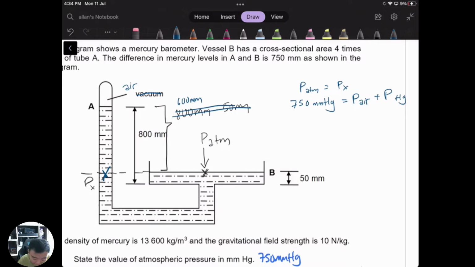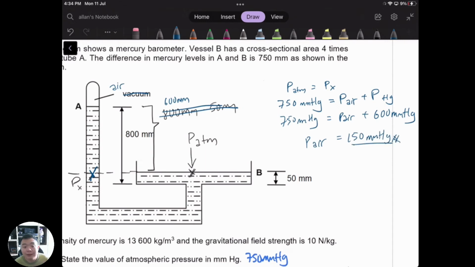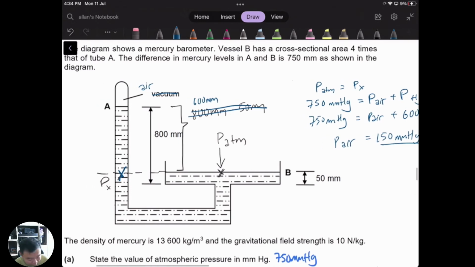All right, and we are given that this pressure of mercury is now 600 mmHg, leaving us just one unknown, and hence pressure of the air is 150 mmHg. All right, and this is for question